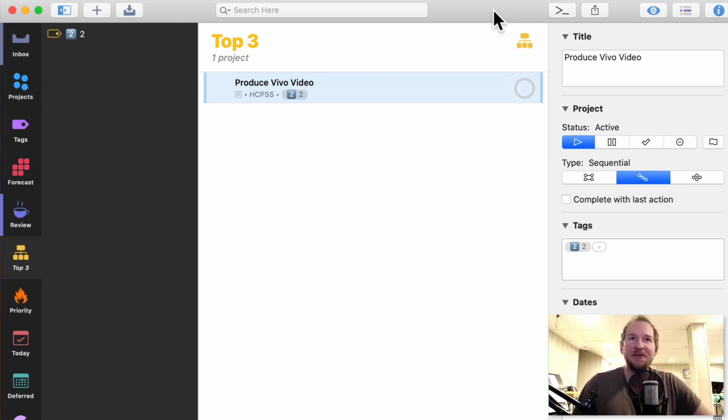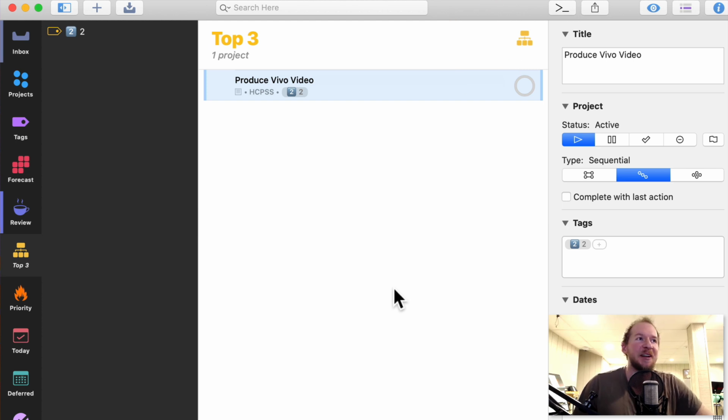So I figured, why not turn that into a perspective in OmniFocus? I created a 1, a 2, and a 3 tag. I tag them that, and then this perspective only shows me things tagged 1, 2, and 3. They don't really need to have 1, 2, and 3. I could have just made them all 3 as the tag, but having a 1, 2, and a 3 sort of helps me with